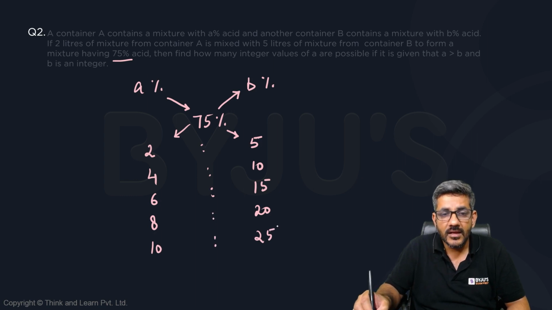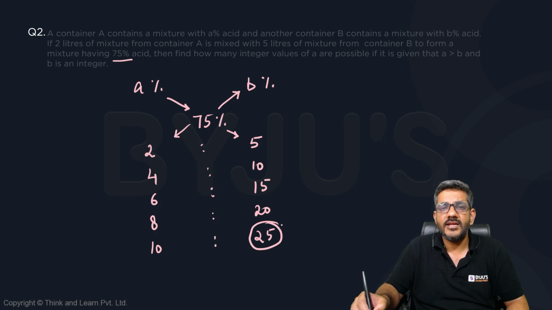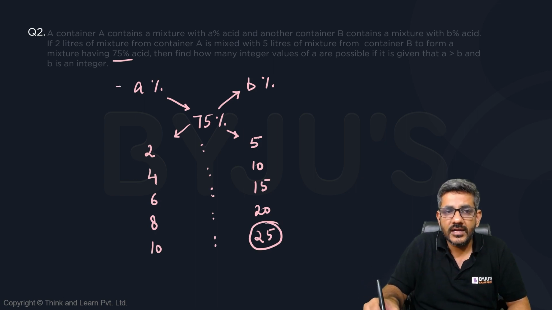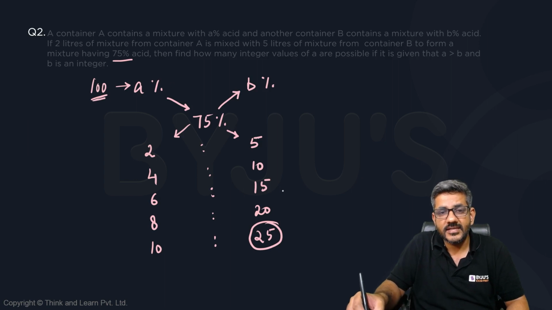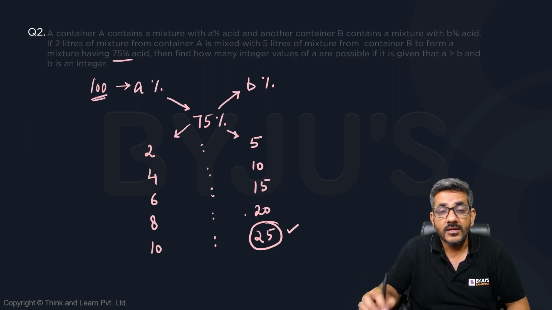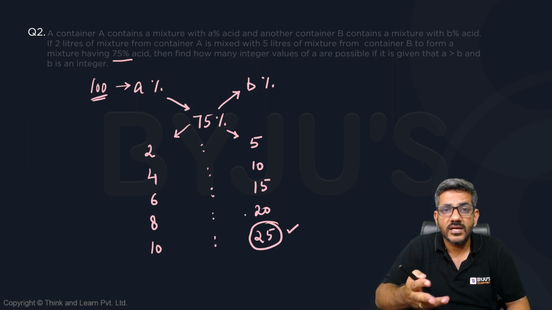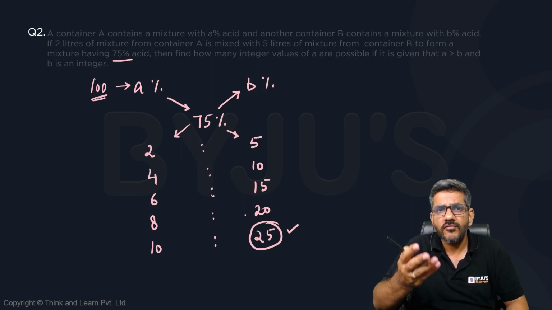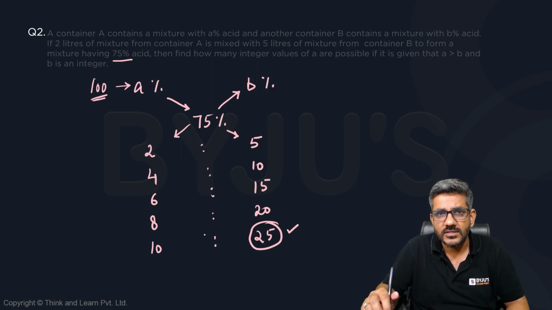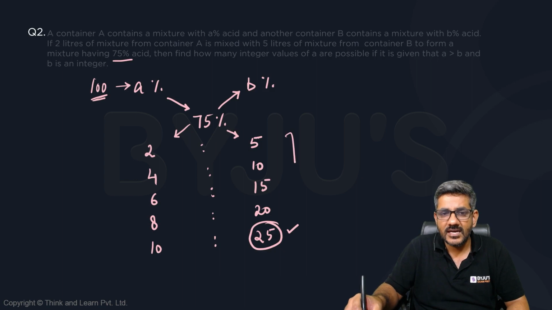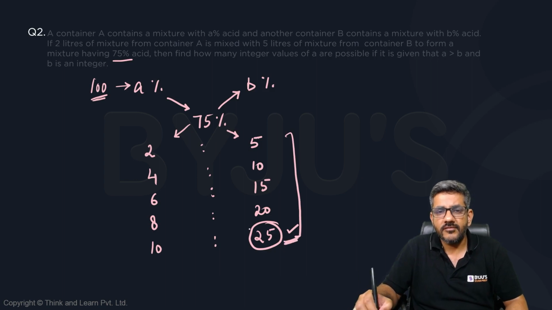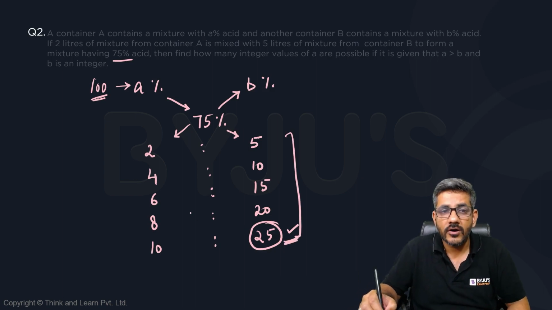The reason is when we have a difference of 25 over here, it can only appear when your A is 100, right? 100 minus 75 can give you 25. For a 30 on the right hand side, I needed A as 105, but a percentage cannot be more than 100. It is the percentage of acid in the mixture. How can it be more than 100? So ultimately, these are the 5 values of the weightage of B which are there,